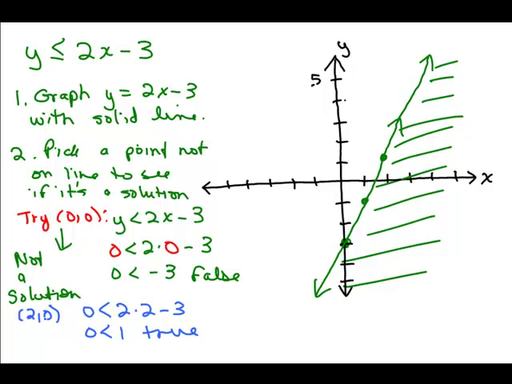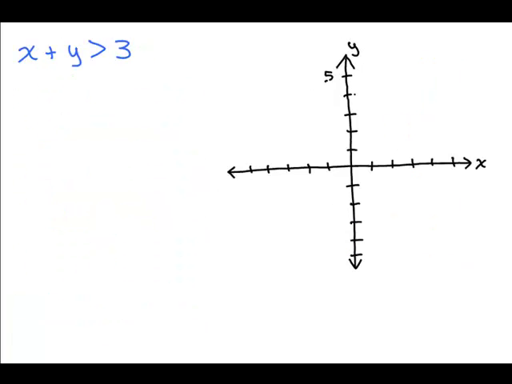All right, let's try another problem now. All right, brand new problem. x plus y is greater than 3. This just says x plus y is greater than 3, so we do not want the part x plus y equals 3. So step 1 is to graph x plus y equals 3 with a dotted line,